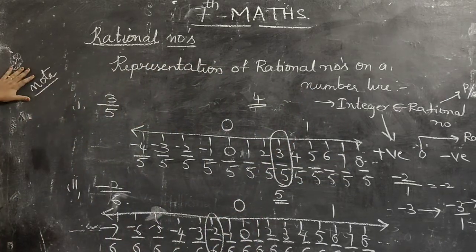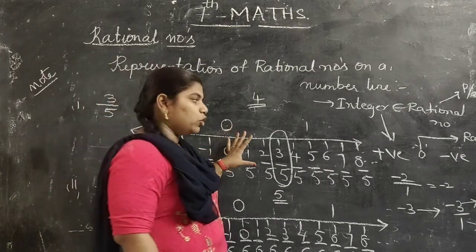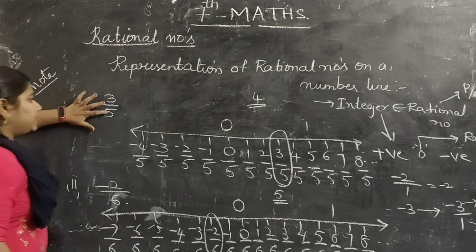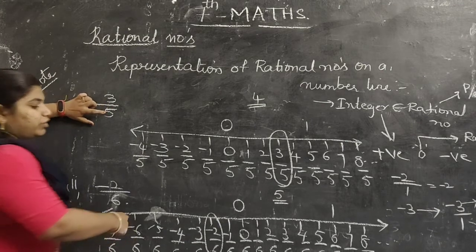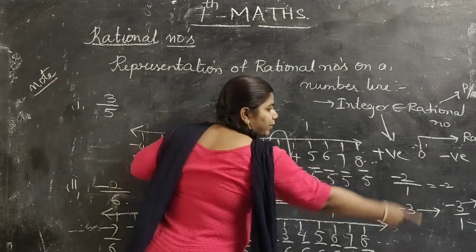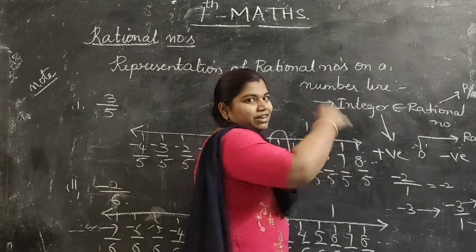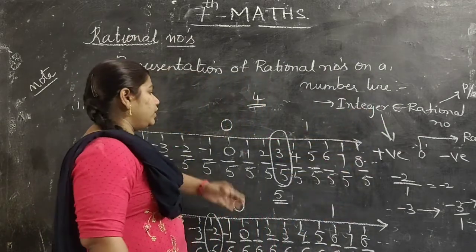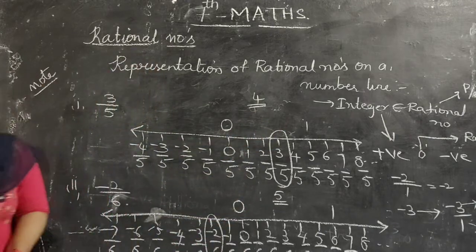So what is the note point here? Between any two rational numbers you will be seeing infinite rational numbers, depending upon this denominator value. If it is 100, then you will divide all the values by 100, where 100 by 100 will be equal to 1. So from 0 to 1 you will be seeing 99 rational numbers. So between any two rational numbers you can take infinite rational numbers.